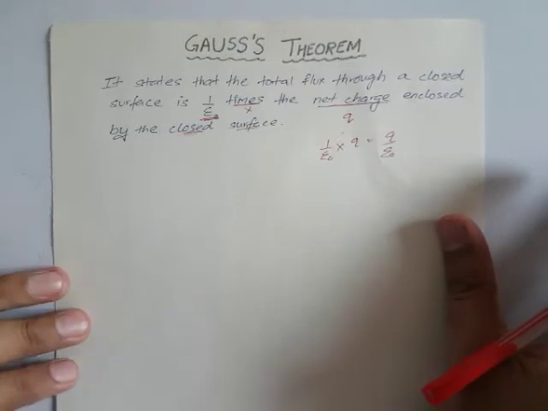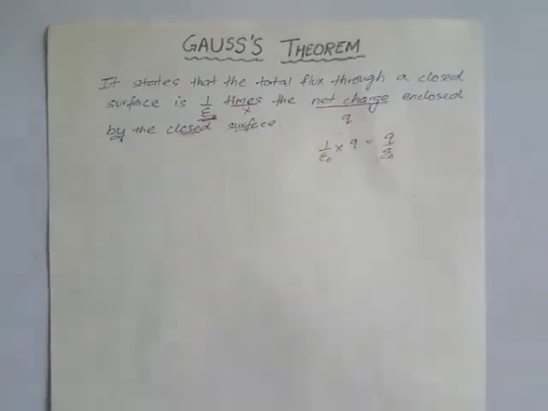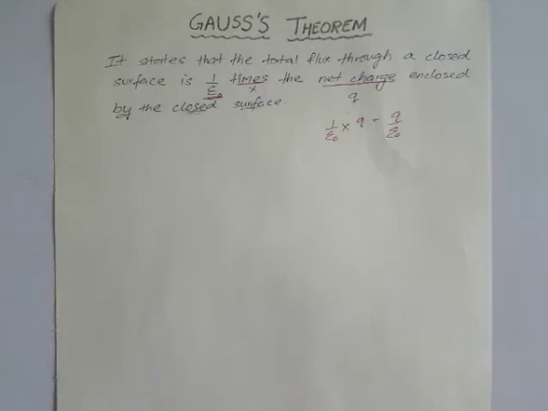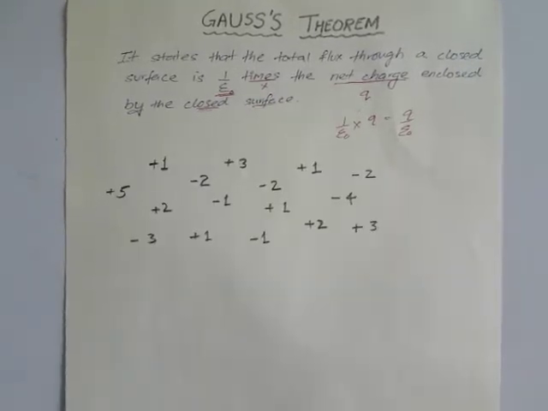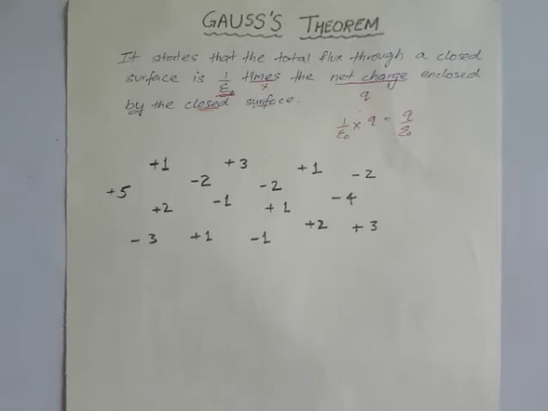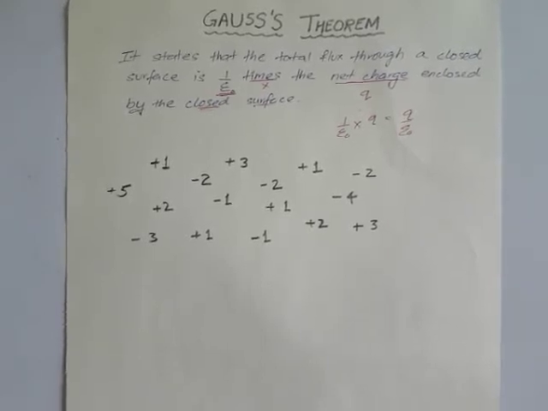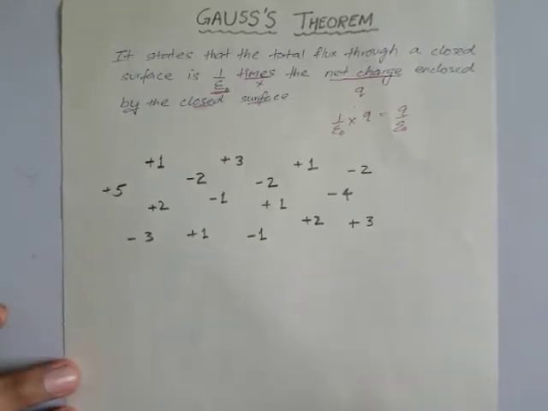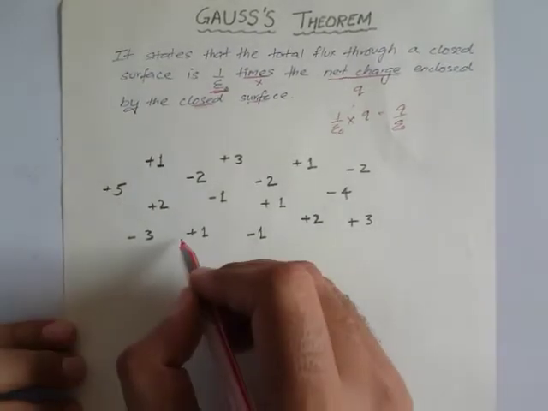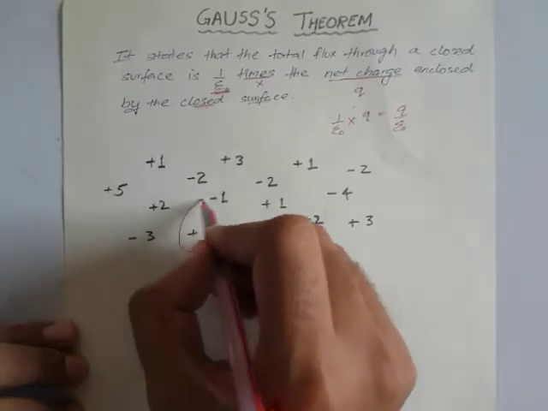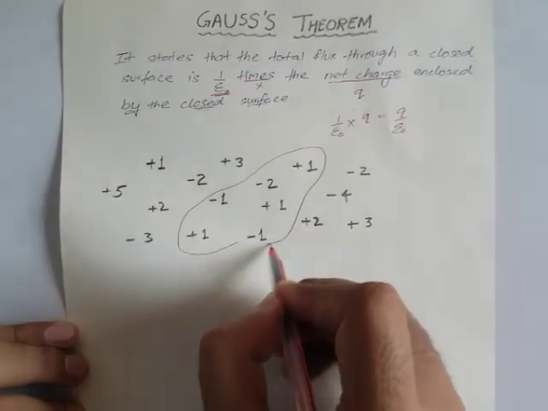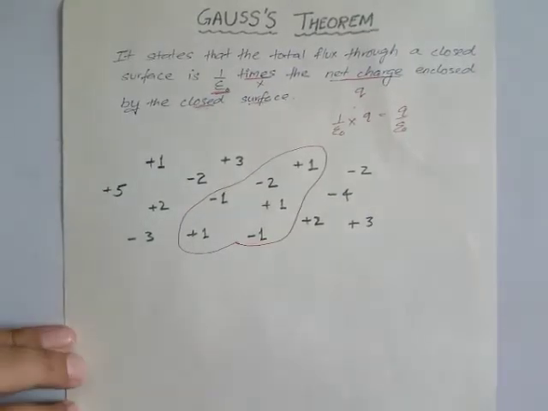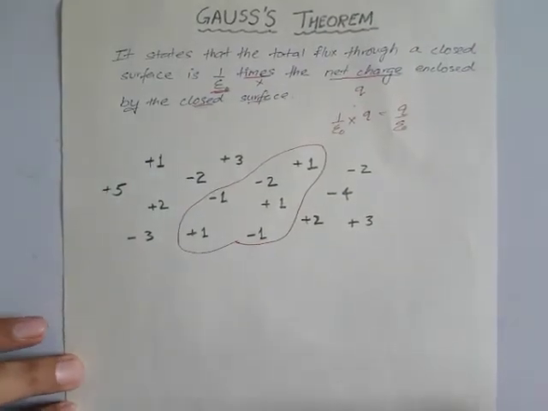But what are the conditions that we should consider while proving this? We are going to tackle that. Let me draw some charges over here. Now we need to find out the flux through a closed surface. We already studied electric flux, you know very well. Now randomly take any surface, you can draw any surface. Suppose I draw a surface in this pattern. I have also taken this in a random way.